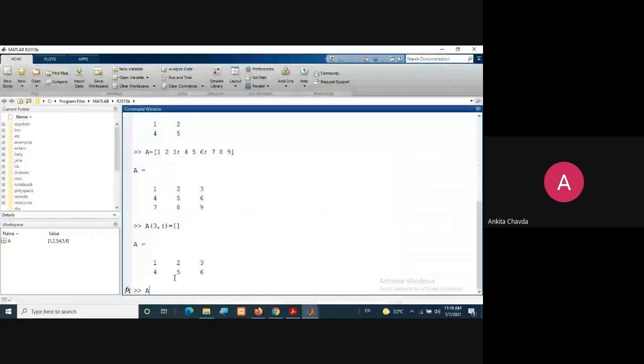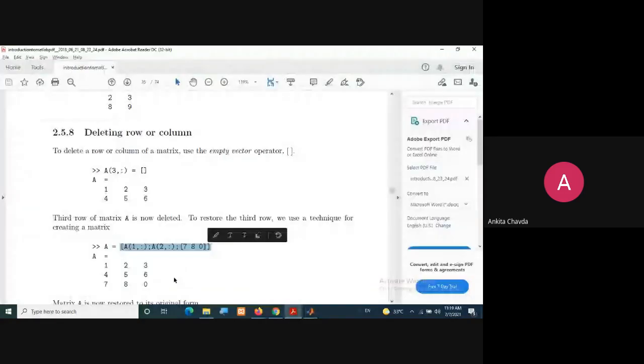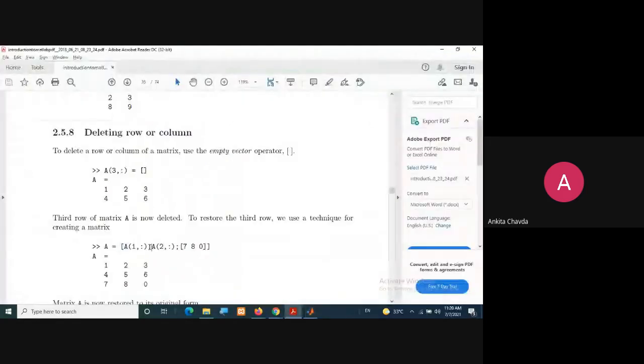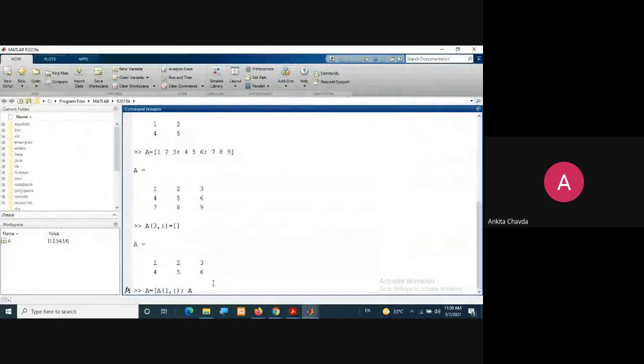So I'll write A equals to square bracket, then A of the very first row, all the columns, it will remain the same. Then for another row you need to put a semicolon here, right? Then A of second row, all the columns, they would be as it is, semicolon.